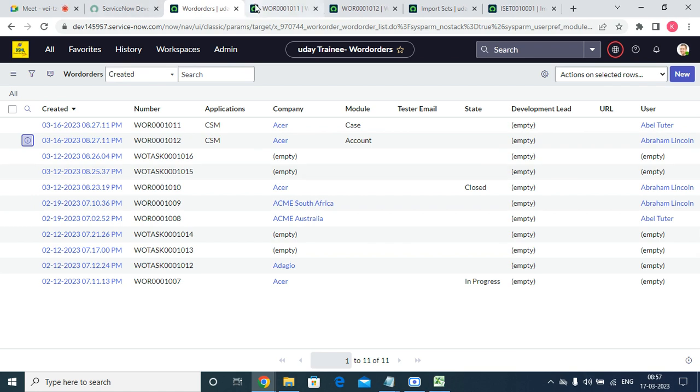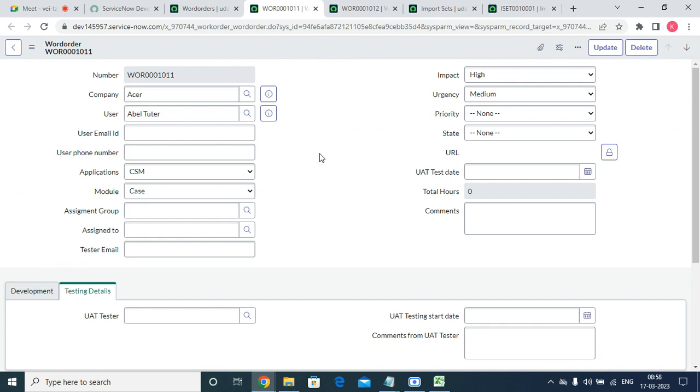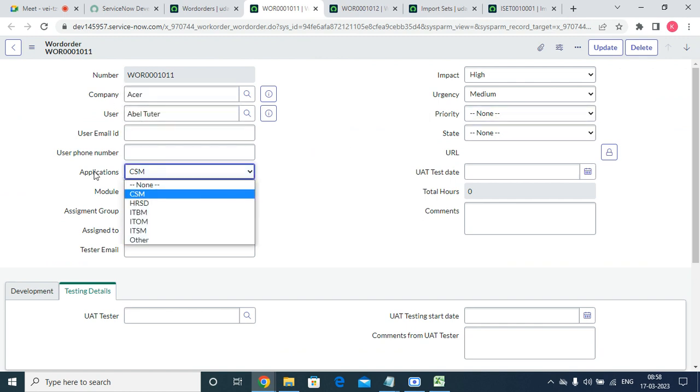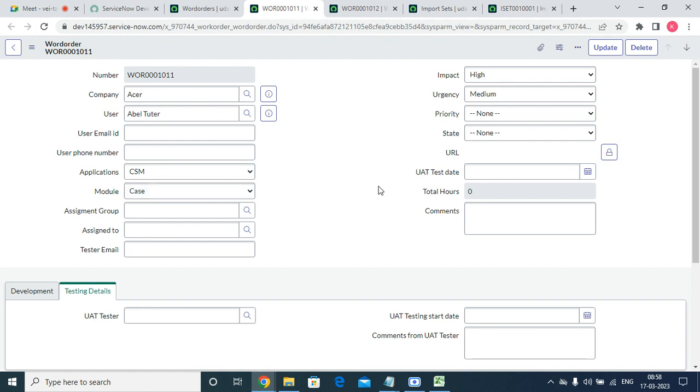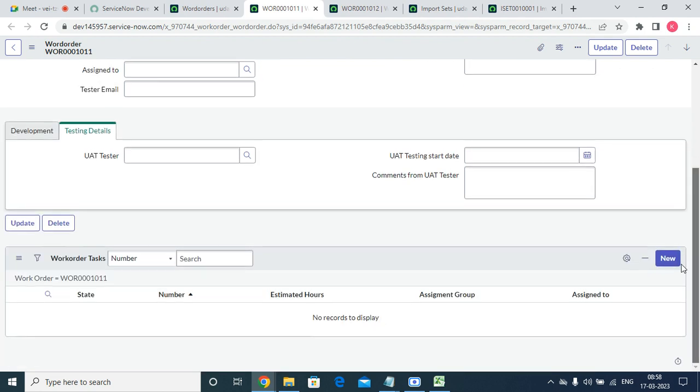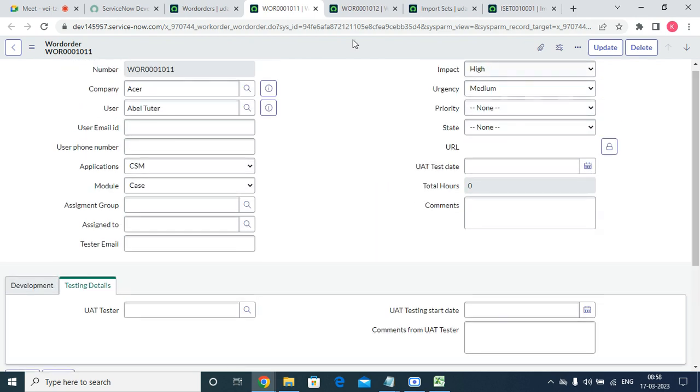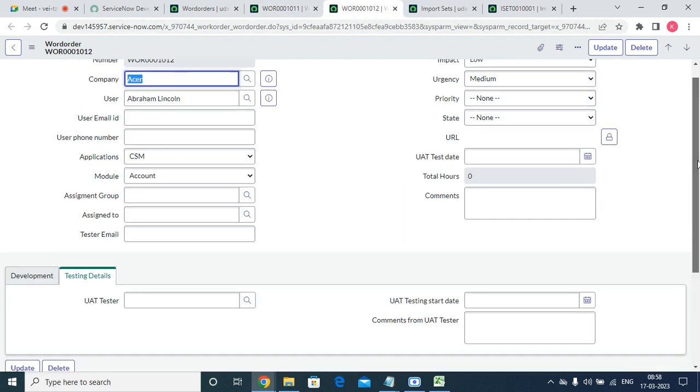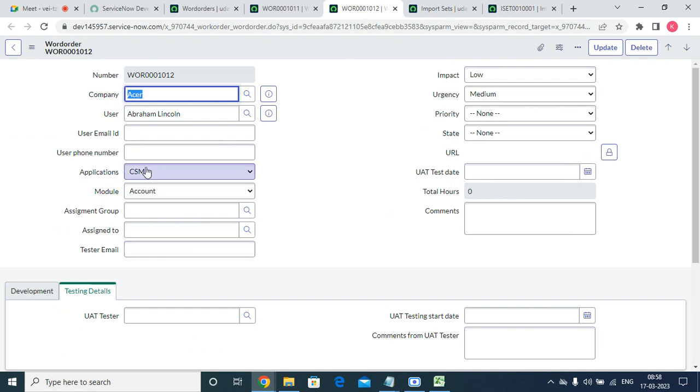So these two we have to do for the same thing. See, the ASR came, Able Tutor came, CSM came, KS came, and the high impact is there. And these are all things. What are the fields? It came automatically. See, KS, CSM, Abraham Lincoln, account. These are all came. So I hope it is clear. Or any confusion still,